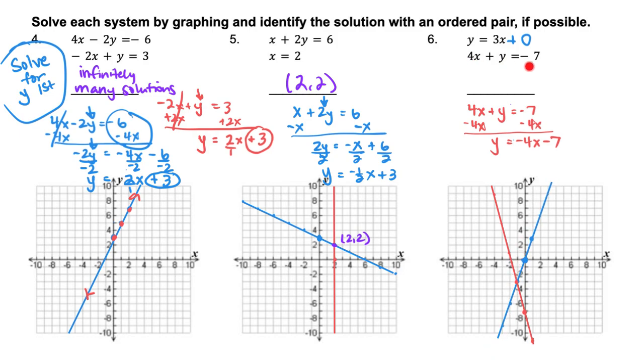For my second equation, I wasn't in slope-intercept form, and so what I did was just get the y by itself. I subtracted 4x from both sides, and I got y equals negative 4x minus 7. Negative 7 was my starting point right here. And then I went down 4 to the right 1. That was kind of off my graph, so I decided to go up 4, and then that meant I went left 1, and I could keep going up 4, left 1,